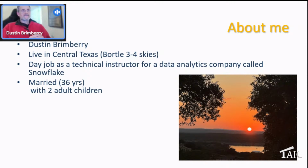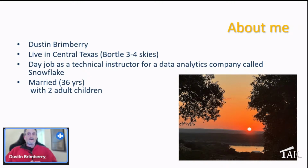I live in Central Texas. Not the greatest skies, Bortle 3, Bortle 4. I mean, it's a lot better than some that I hear, but you know, it's not terrible. But I didn't have the best place to be using my telescope because you can see here all those trees. Yeah, I got a great west. That's not so good for astrophotography, watching stuff when it gets ready to go down, but it's great for